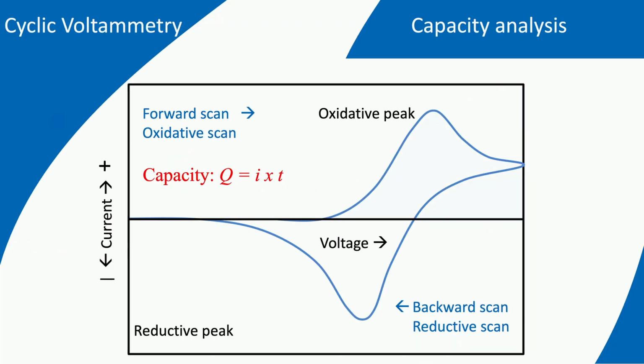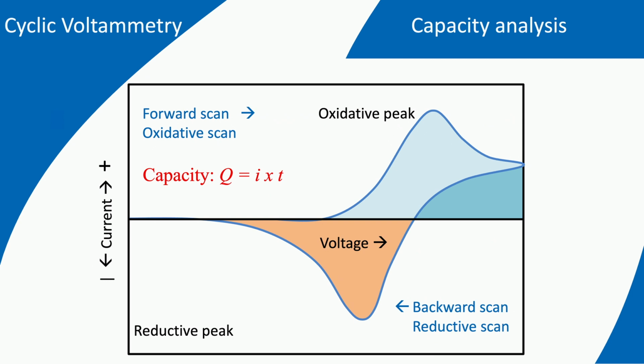The capacity of the oxidation reaction is the surface area underneath the curve at the positive current of the forward scan, here indicated by the light blue part, but also by the additional surface area at the backward scan at positive current, here indicated by the dark blue part. Notice that this last part needs to be added for the capacity of the oxidation reaction, because as long as the current is positive, the oxidation reaction takes place.